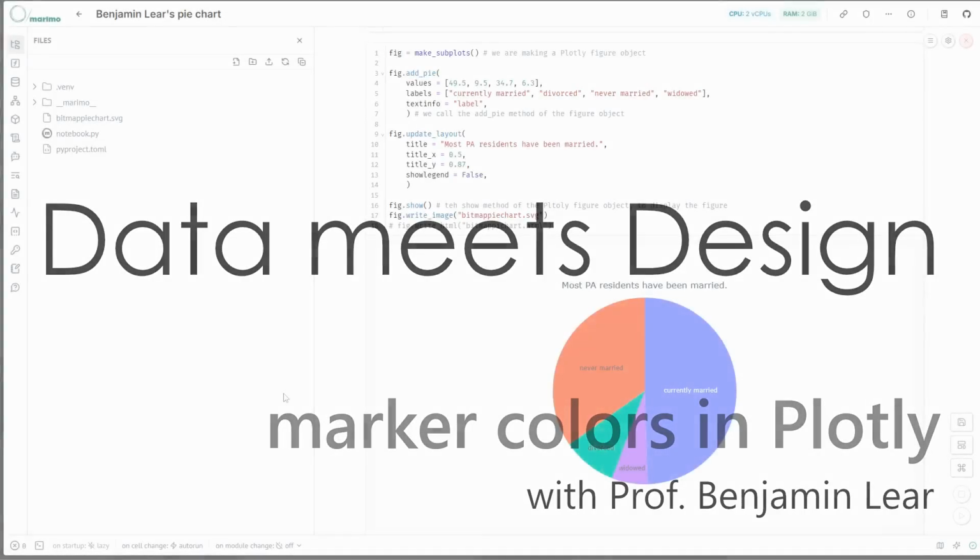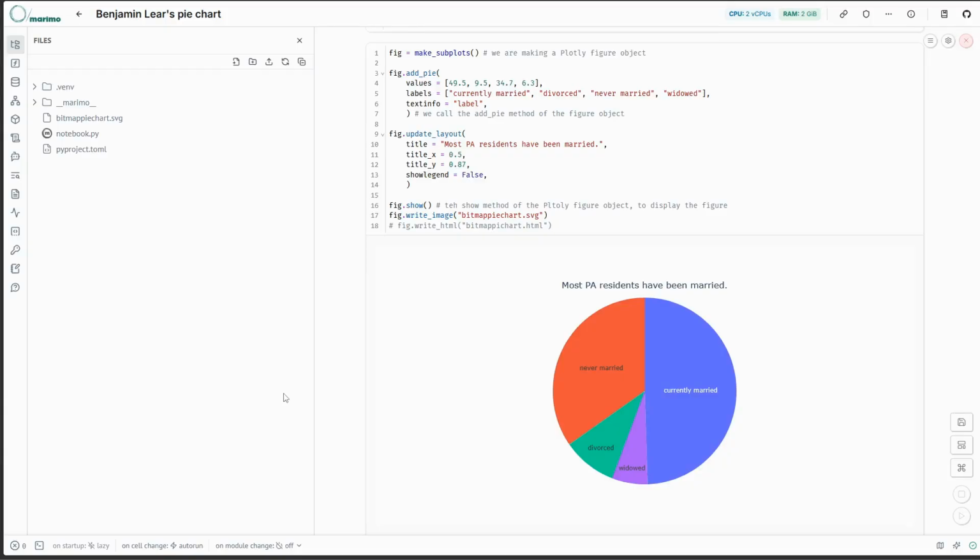Welcome back. We're again with our pie chart, and we've just talked about colors in a previous video. And so now what we want to do is apply those colors to this pie chart. Right now, the colors really don't go with our story. We're saying most Pennsylvania residents have been married, but then there's nothing in this coloration that really tells us that